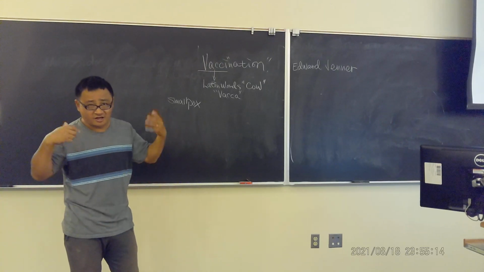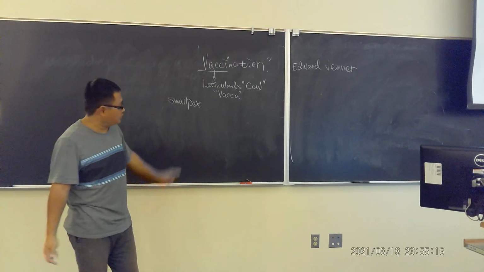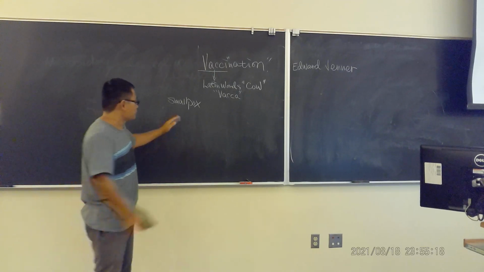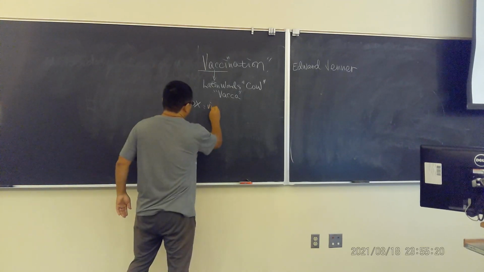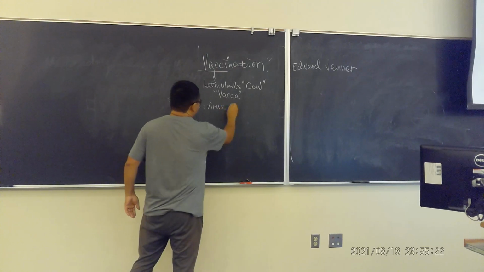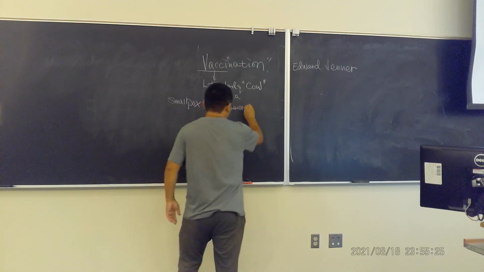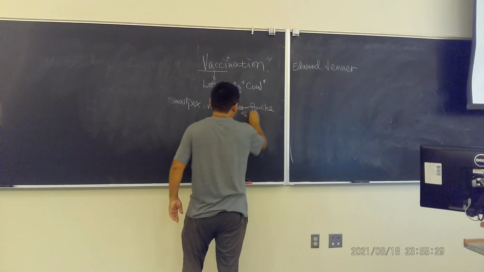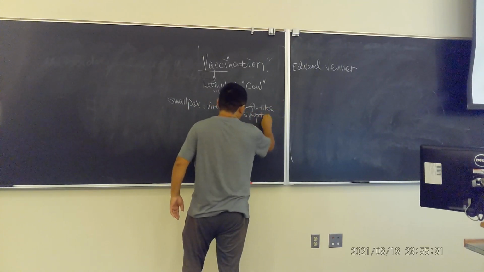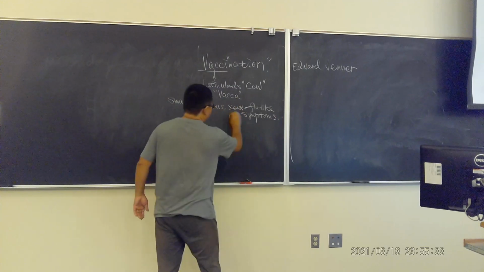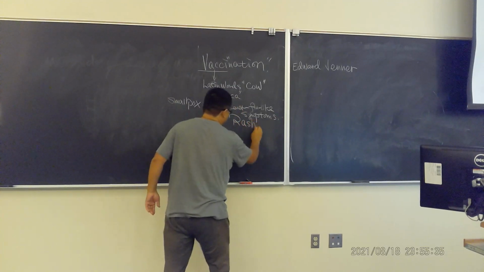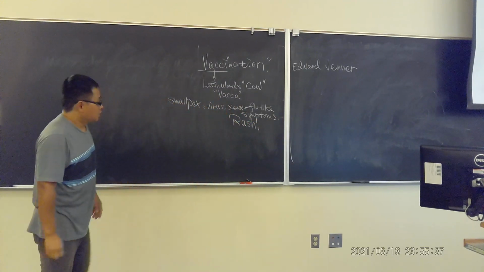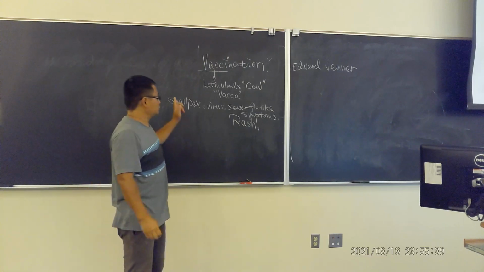There was not that developed media, and people didn't know about it. Later on, they knew it is a virus. It causes severe flu-like symptoms accompanied by a very obvious rash. This one started